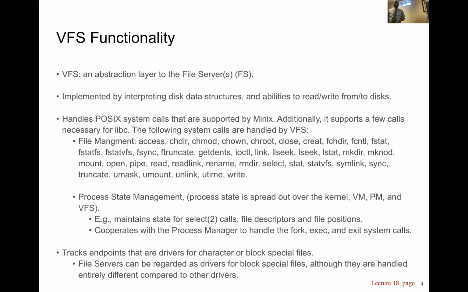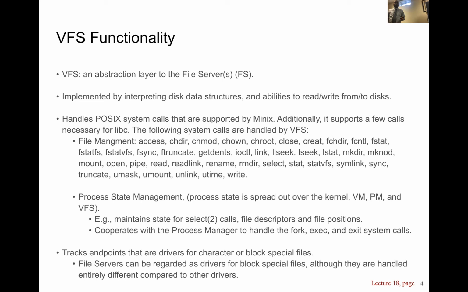Remember that there are other processes such as the VM and the PM that also implement a lot of the process specific functionality, but there are a couple of calls that are process specific but also tied closely to the file system, and those calls are actually implemented by the VFS process, specifically the select call that allows you to deal with some file IO, as well as file descriptors, and file position manipulation calls are implemented by the VFS